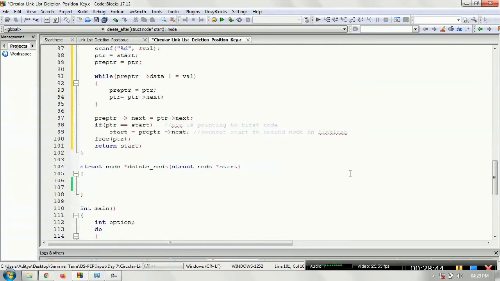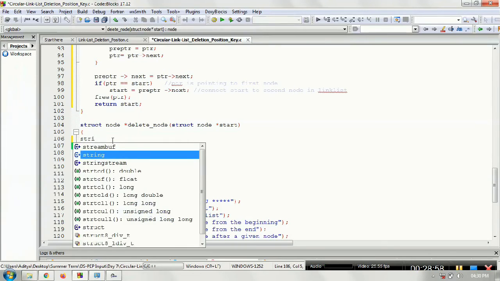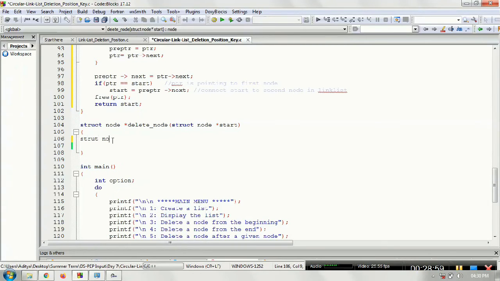Now we'll try one more case, that is, delete a particular given node. Okay, delete a particular given node. The idea will remain the same, with small changes. Again, we need two pointers.